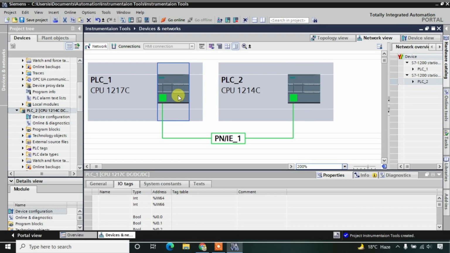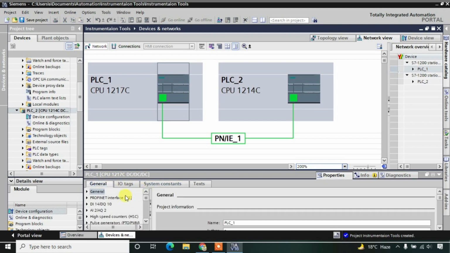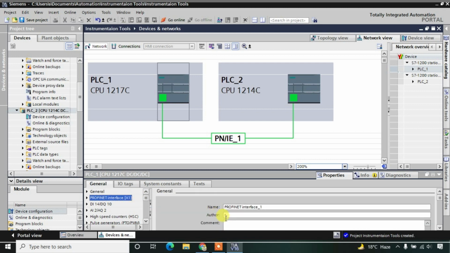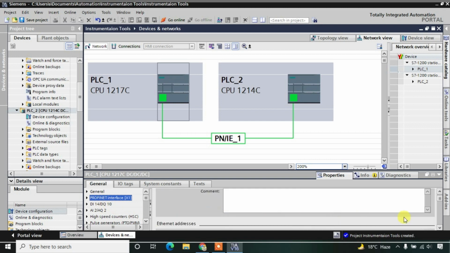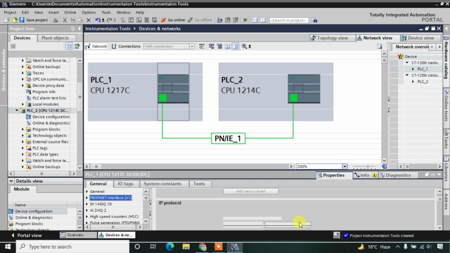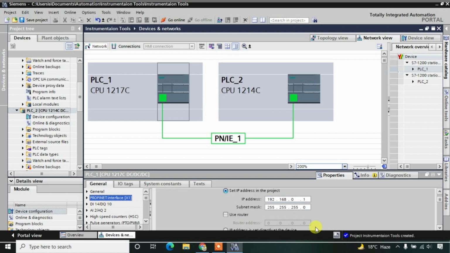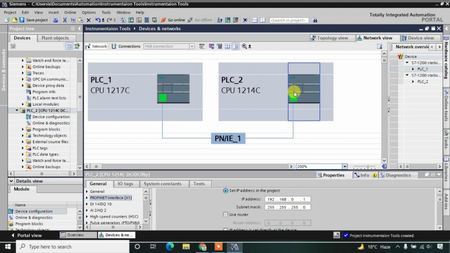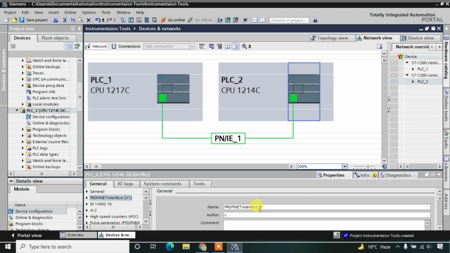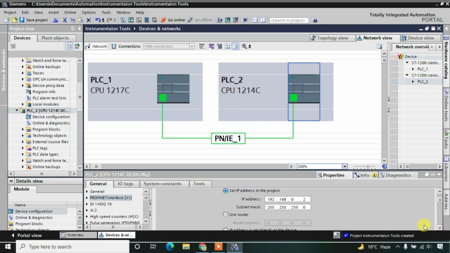One important thing to notice is that the addresses of both the devices should be different. If you observe, the Profinet Ethernet IP address for this one is 192.168.0.1. Similarly, for this one it is different.